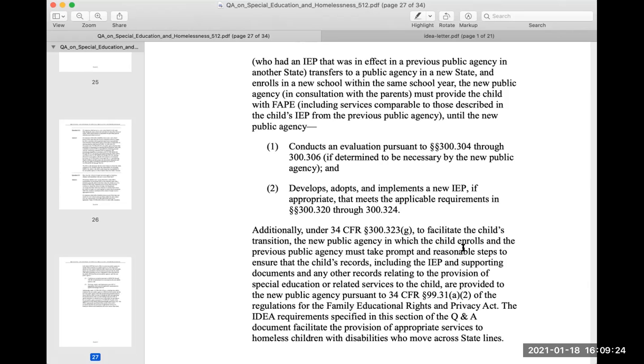300.149. Consistent with 34 CFR paragraph 300.201, the public agency that the state determines is responsible for ensuring that the homeless child with a disability receives FAPE is responsible for obtaining parental consent, conducting evaluations and re-evaluations, and determining eligibility in accordance with 34 CFR paragraphs 300.300 through 300.311. Developing and implementing the child's IEP in accordance with 34 CFR paragraphs 300.320 through 300.324, ensuring placement in accordance with the least restrictive environment provisions in 34 CFR paragraphs 300.114 through 300.117, and affording eligible children and their parents the procedural safeguards and due process rights, including the discipline procedures in 34 CFR paragraphs 300.500 through